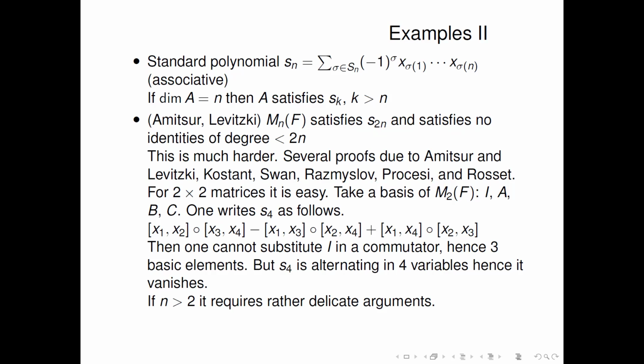It is more or less the same stuff. You take a basis for the algebra A. It has n elements. Then in Sk, you have k variables, and k is larger than n. So when you substitute, the entries will be linearly dependent. That gives you a